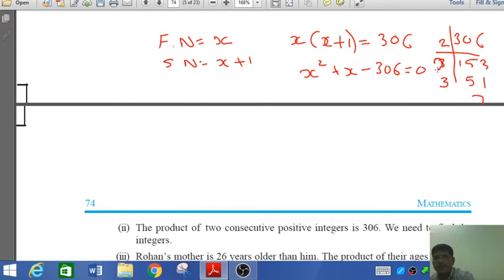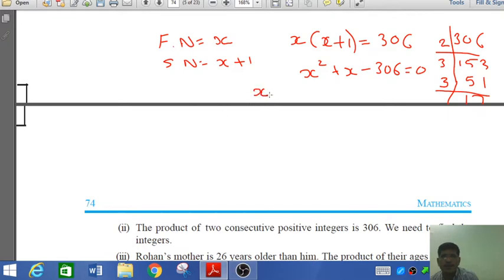Here, wrong, it is also 3. So 3 5s are 15, 3 1s are 3. Again here there is some mistake. 3 17. So now 17, here it is 17. So 3 3s are 9, 9 2s are 18.